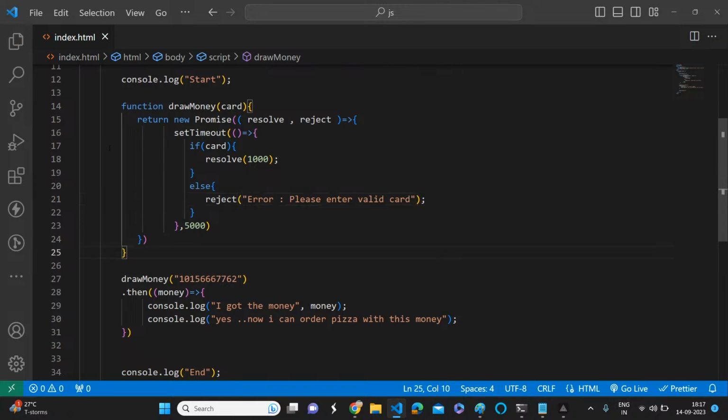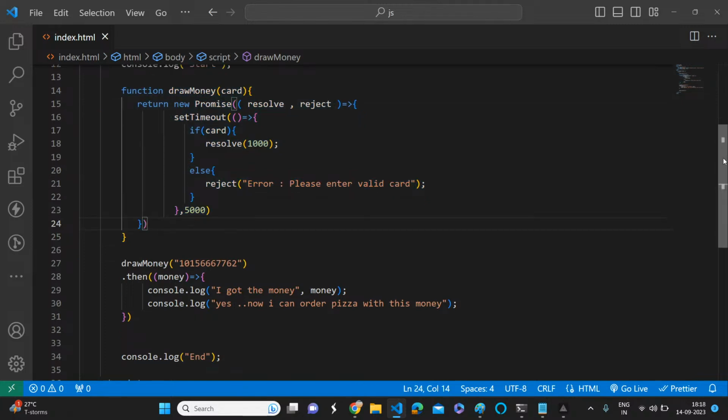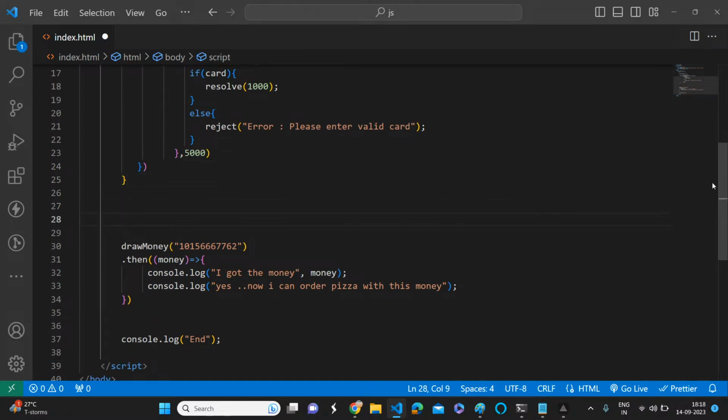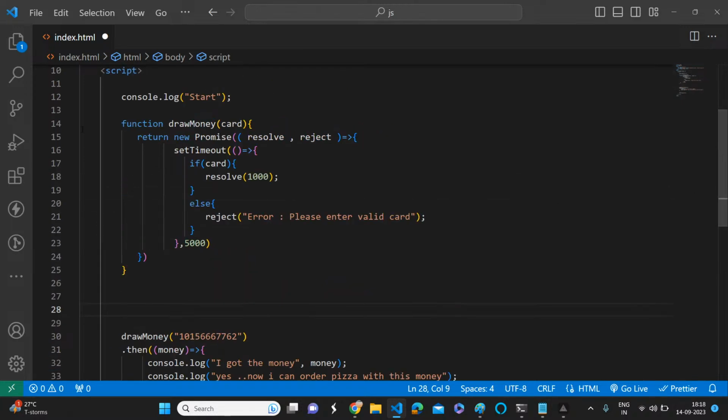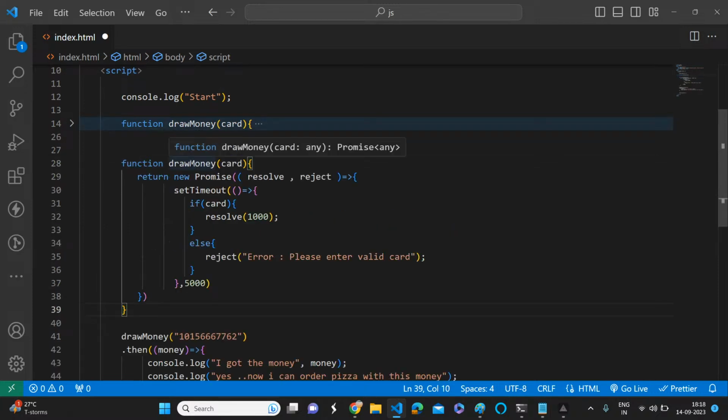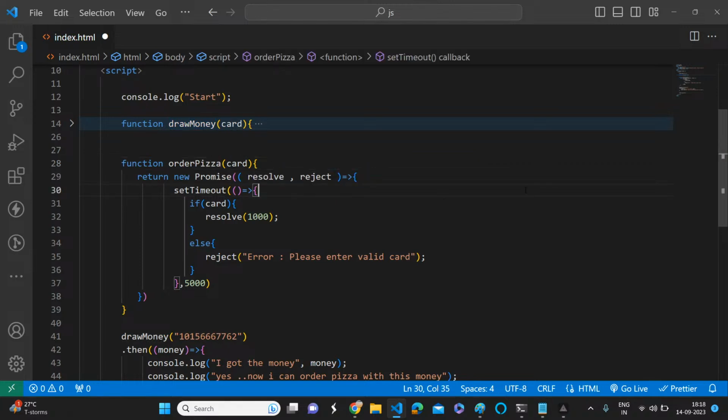So that is fine. Here I'm just taking a copy so we can avoid unnecessary changes, because it will take some time to rewrite everything. Hopefully you got some practice so that you can understand easily. Okay, so minimize. Now what is the second method for that? We need order pizza, right?